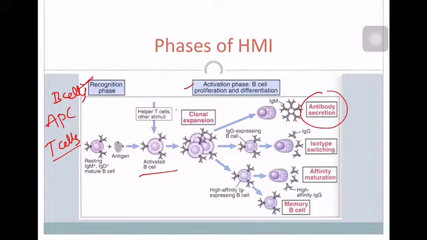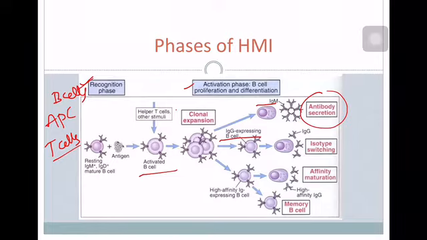It leads to the generation of antibodies. The earliest antibody that is produced is IgM, and later isotype switching occurs, which leads to the production of IgG. Here the B cells will be differentiated into effector B cells and memory B cells. Memory B cells have high affinity to bind to the antigen, and effector B cells show the reaction of neutralization or killing of the organism.